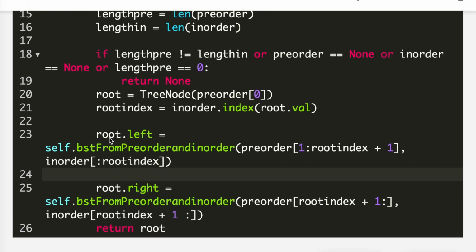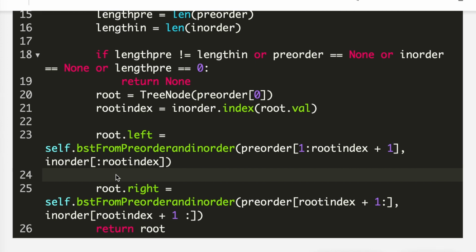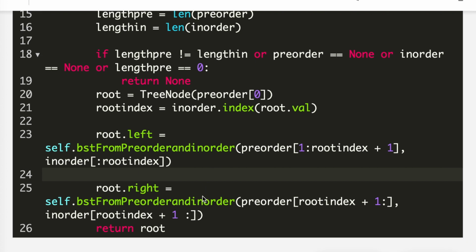Simply, for root.left I'm calling my helper function again, with pre-order from 1 to root index plus one, because we know the part prior to that is on the left hand side, and again with in-order up to the root index. The same way I'm doing it on the right hand side, and at the end I'm returning the root.